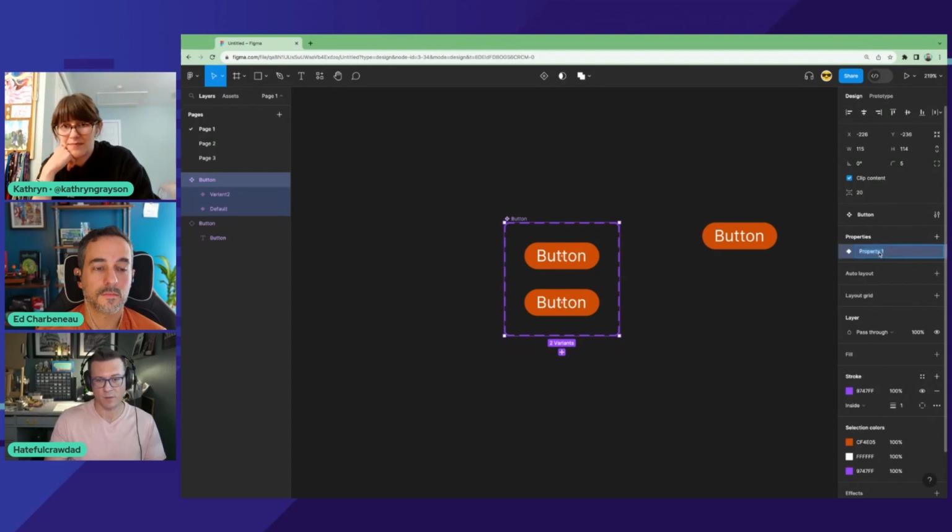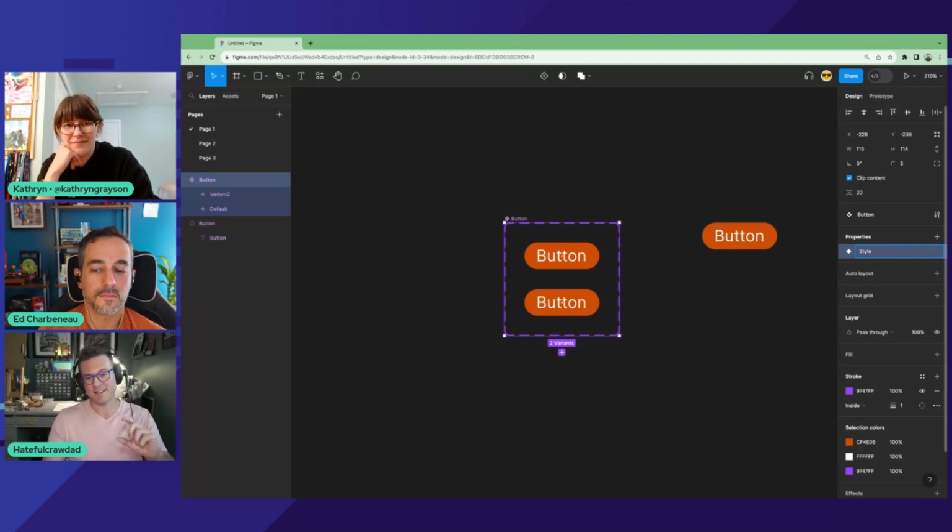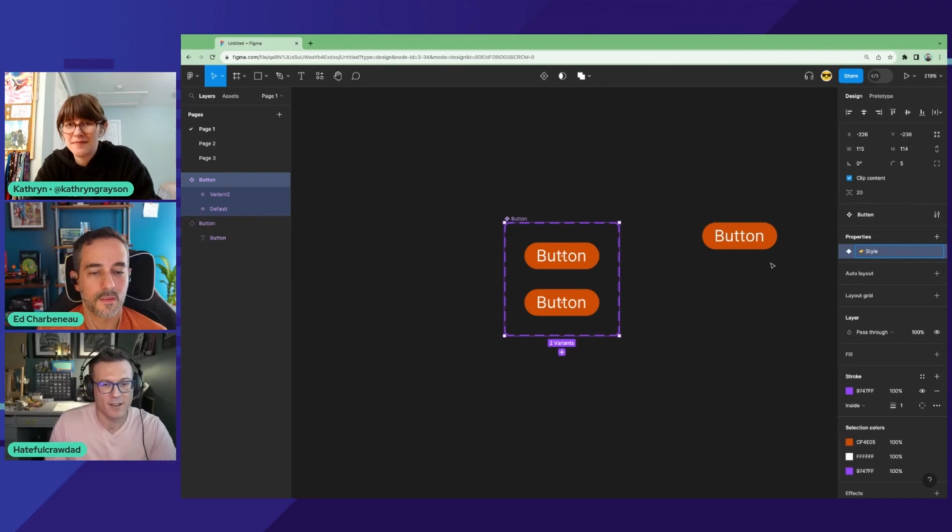So I can come in here and maybe we're going to call this button style or style or something. I like to use emojis a lot in my names just for fun. If it's something where I have kind of a system: if it's a Boolean that you're going to turn on and off, I do eyes. If it's text that you're going to edit, I do a pencil. If it's something that is a drop down you choose from, I do the pointer finger. If it's like an instant swap, like a puzzle piece, when you puzzle it in, I do a puzzle. So I have my own little way that I like to write these because they just visually stand out to me. So for this one, I might do that and say style,